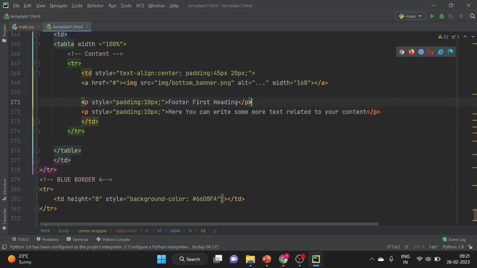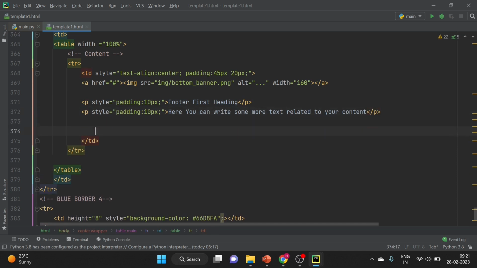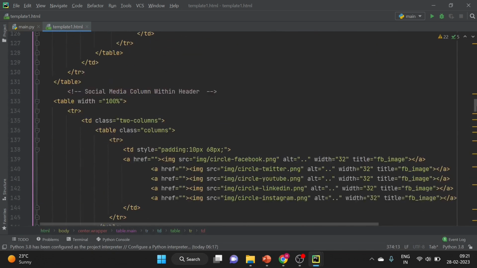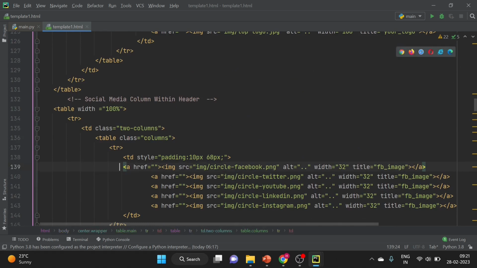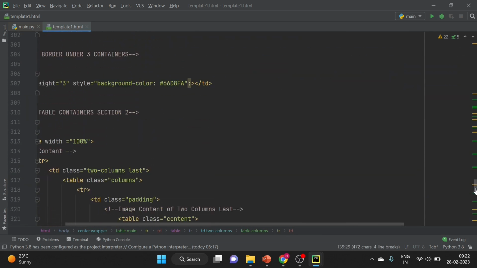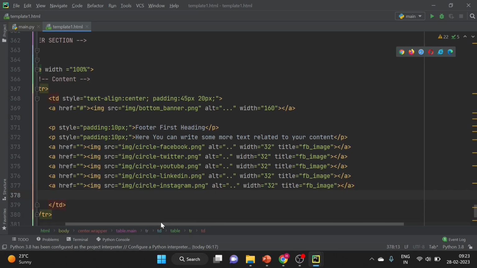So we have added one paragraph and one more paragraph here, and just below this we will have all those images that we already had on the top logo section. So we can copy the data from there. I will just align this back, copy the code here, go to bottom into our paragraph section. All right,